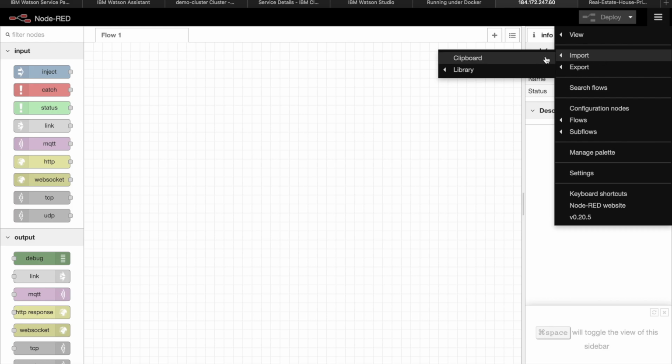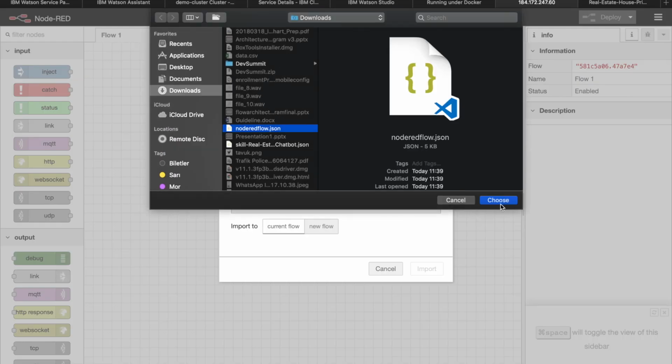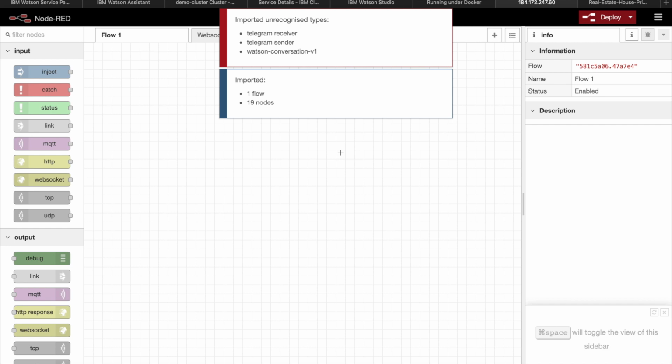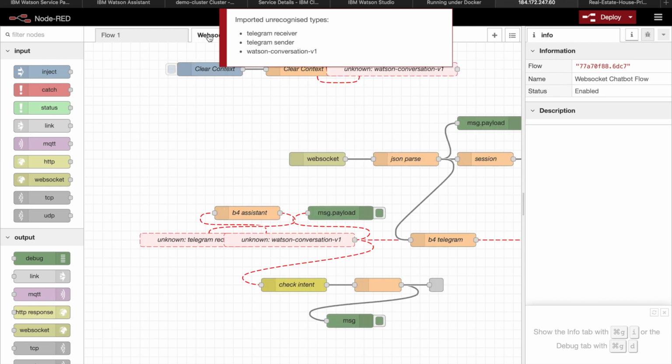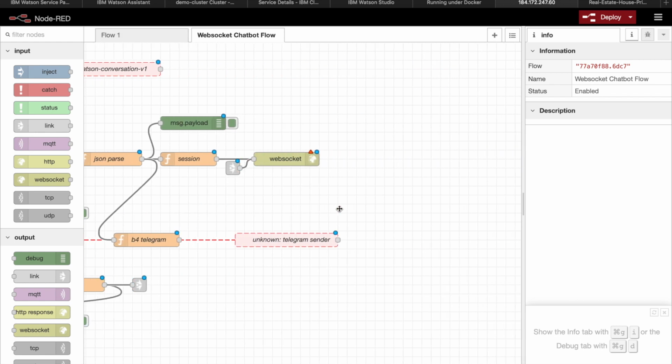Let's try this one more time. Yeah, now it works. You will click on import, and you will see that there are some unrecognized types, and it doesn't matter for us right now. We need to go to the WebSocket chatbot flow, and now what we need to do is,